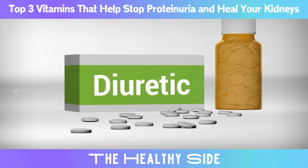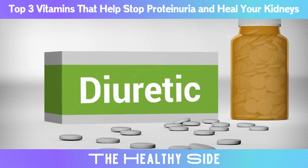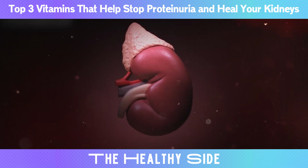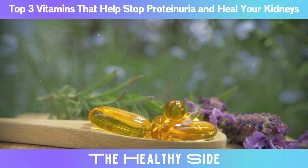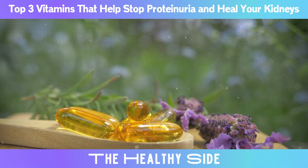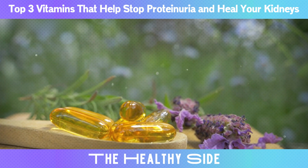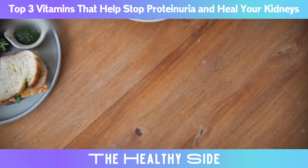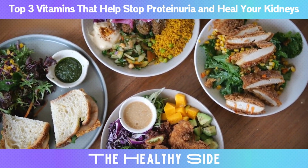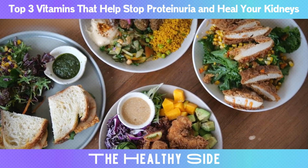In conclusion, addressing proteinuria and supporting kidney health requires a multifaceted approach. Vitamins such as vitamin D, vitamin B6, and vitamin C can provide essential support in managing proteinuria and enhancing kidney function. These vitamins offer various benefits, including anti-inflammatory effects, antioxidant protection, and improvements in protein metabolism. Maintaining a balanced diet, staying hydrated, and engaging in regular physical activity are critical components of a healthy lifestyle that